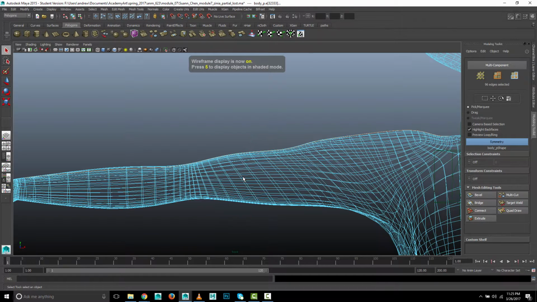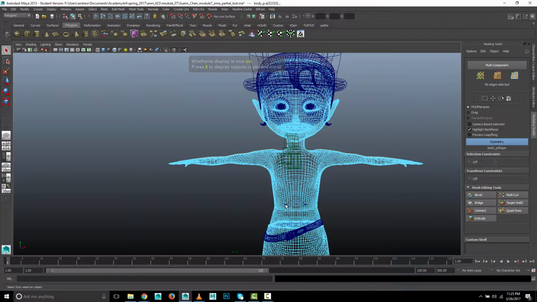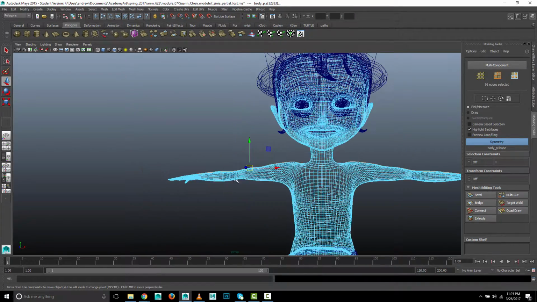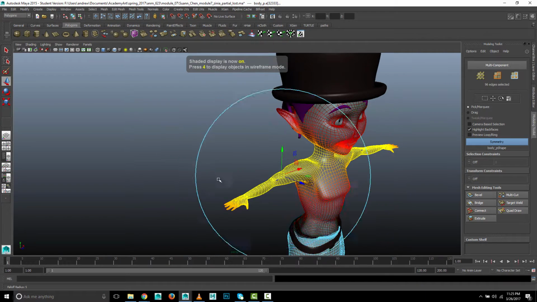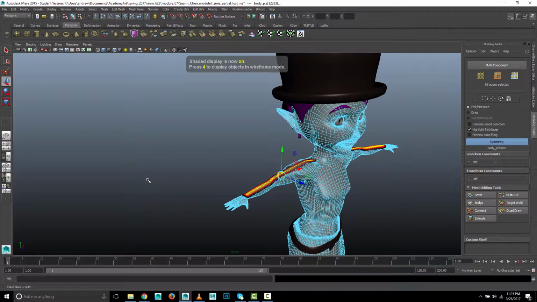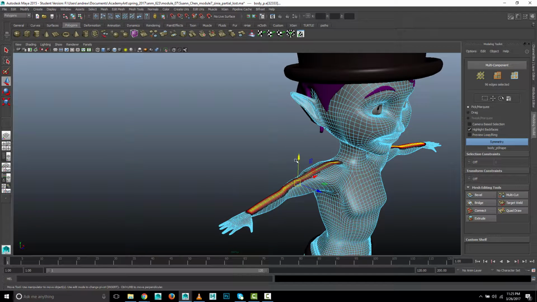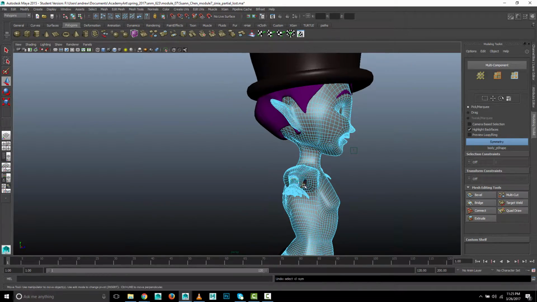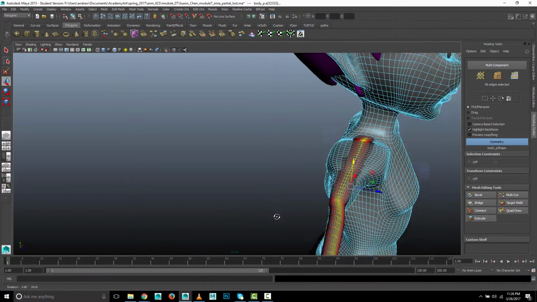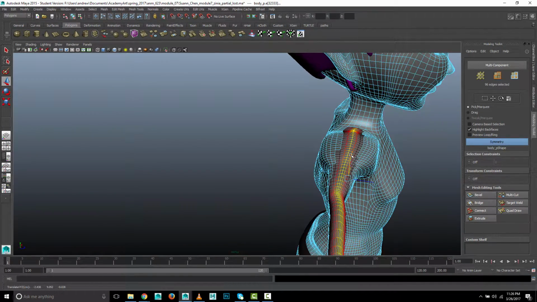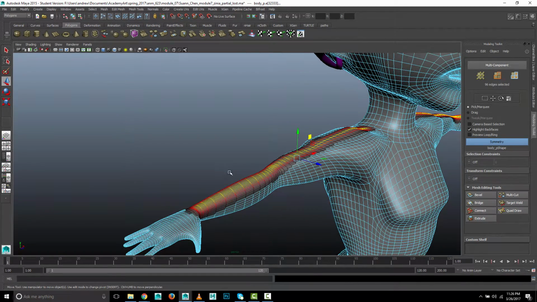Okay. And then can just do B for smooth selection. Hold down B, click and drag, get a much smaller selection. Something like that. Maybe a little bit bigger. Pull it up a little bit. It's not the most rounded. Might want to do, there's actually a thing in the soft selection, if I remember correctly,